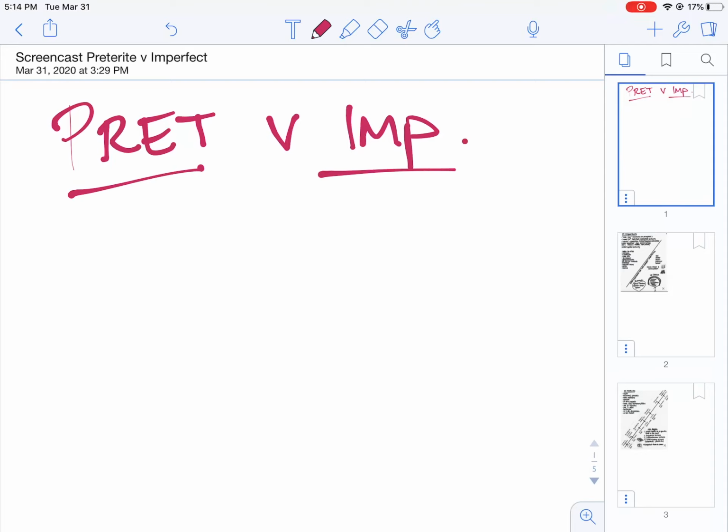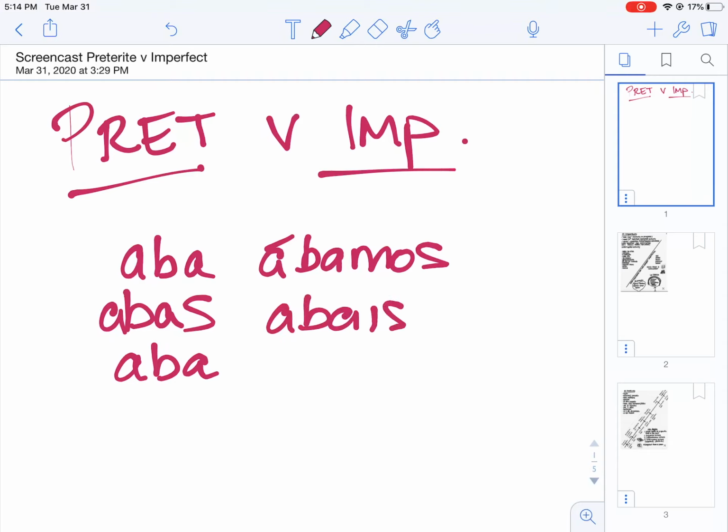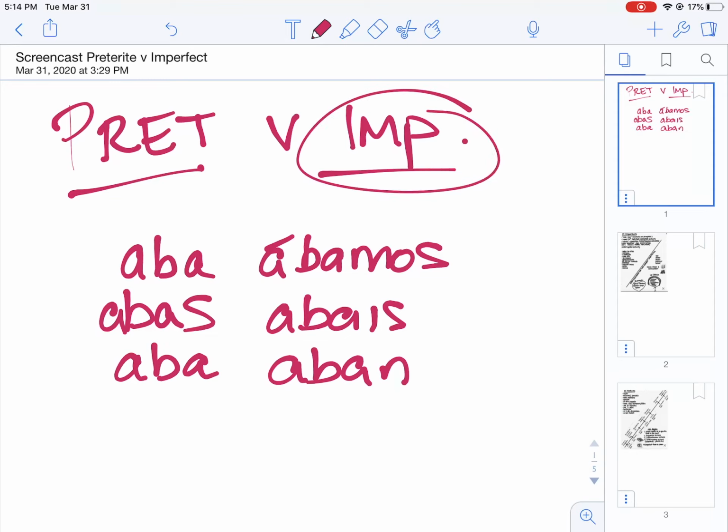A lot of you guys got it. It was the abracadabra verb, right? So the AR verbs ended in aba, abas, aba, abamos, abais, and aban. Okay, so again, this is for imperfect. The endings for ER and IRs are the same. We had ía, ías, ía,